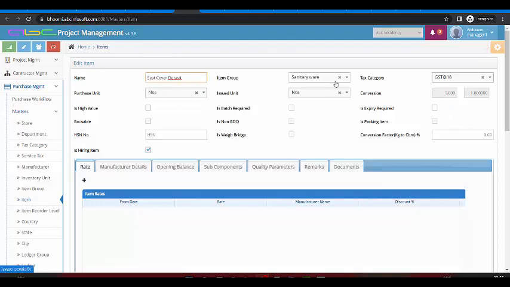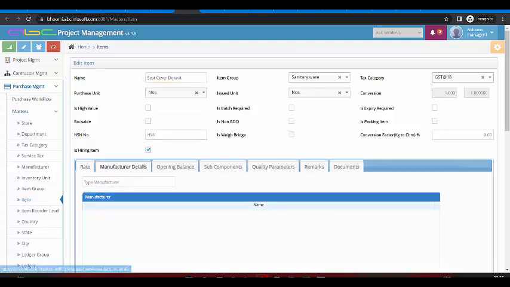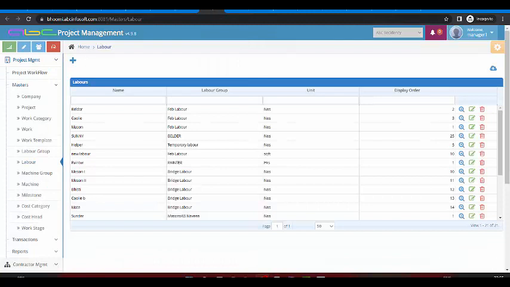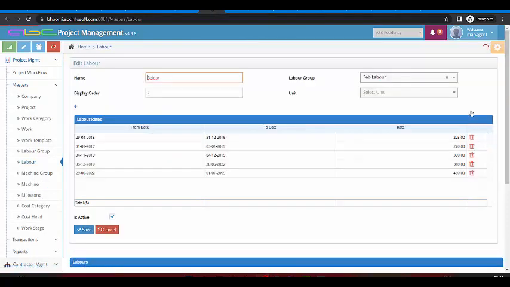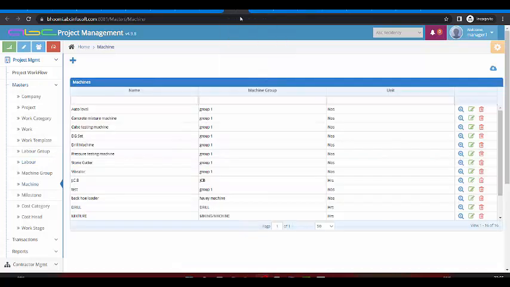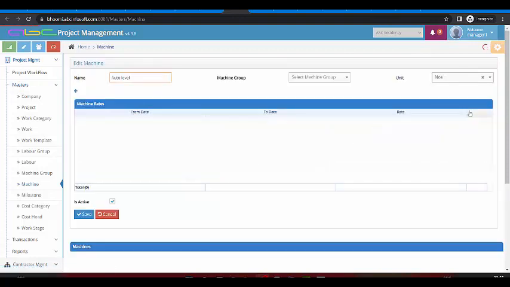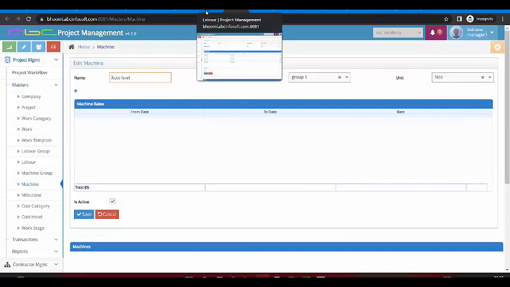If my purchase and issue unit are different, then the conversion for that, along with the manufacturer detail, opening balance detail and so on. For the labor master part, we record the labor name, its labor group category, what is the unit of measurement, and what are the rates for different periods of time. The next part is my machine part. We record all the machines, their type, and their rate in the master recording.